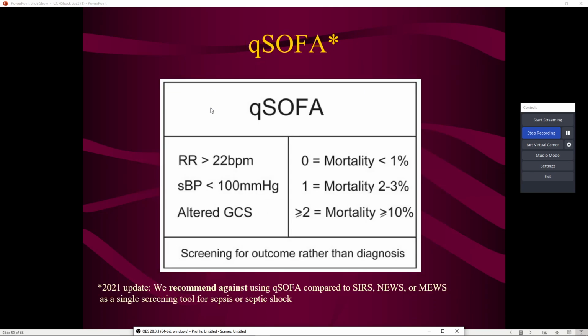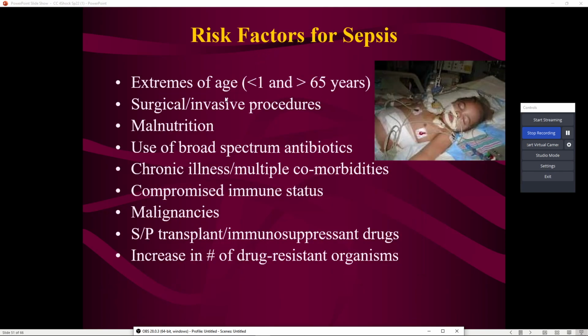I'm not doing SOFA and qSOFA because we don't do them. Risk factors. I want a list. I want you to know these. Younger than 1, older than 65, surgical procedure recently, invasive is the key, malnourished, broad-spectrum antibiotics on a frequent basis. It's really bad to be frequently using antibiotics. Chronic illness, multiple comorbidities, compromised immune status, malignancies such as cancer, and status post-transplant or immunosuppressant therapies or drugs,